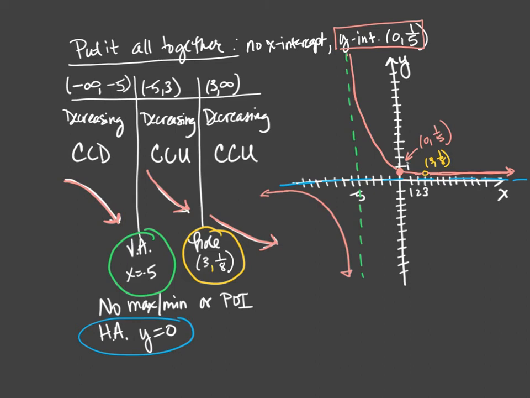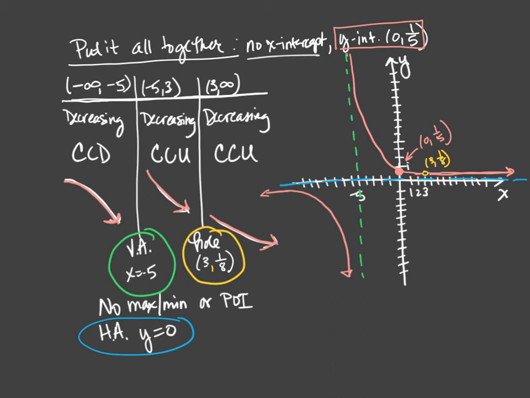Okay. All right. So from our algebra work, there was no x-intercept, but there was a y-intercept at 0, 1/5. So I plotted that there on my graph. The rest of it, I had these intervals that appeared every single time. So I used those intervals: negative infinity to negative 5, negative 5 to 3, 3 to infinity. The domain, right? And there weren't any places where I had turning points, relative max or min or points of inflection. So I'm just going to use those intervals. So on each of those intervals are the characteristics we found.